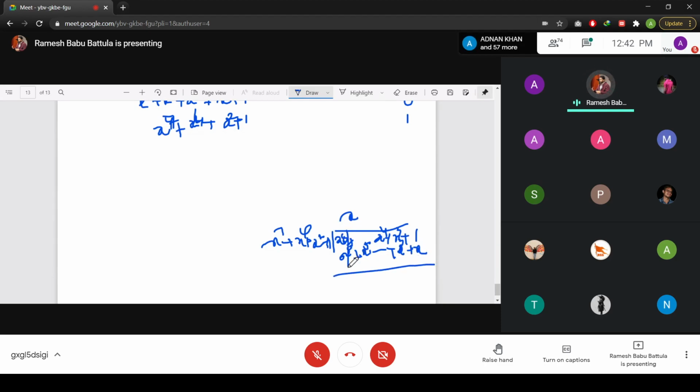These two are going to be cancelled. This is x to the power 5. The next one is going to be x to the power 4 plus x to the power 3; the x to the power 3 terms both are cancelled, and x is remaining, then plus 1. So now you have to write this remainder value here: x to the power 5 plus x to the power 4 plus x plus 1.